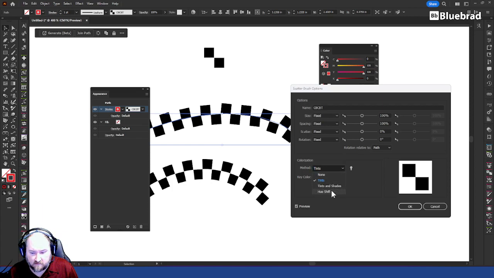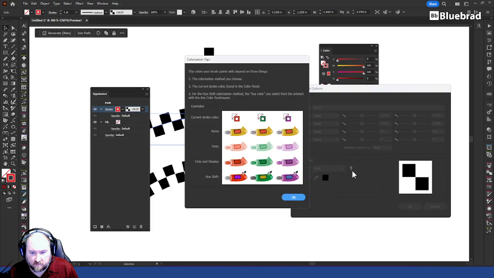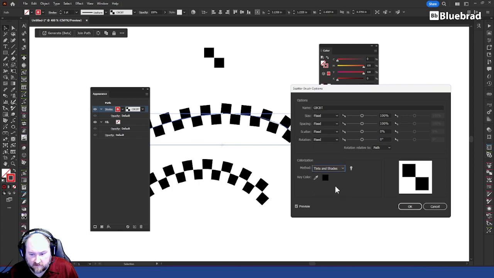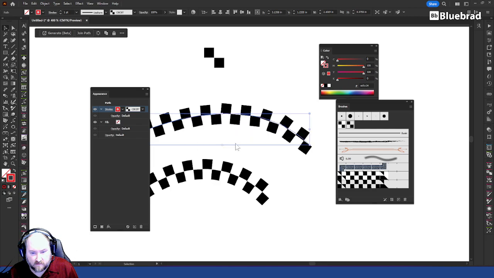Tint, hue shift. Yeah, tints and shades by stroke. Why isn't it going red or green or